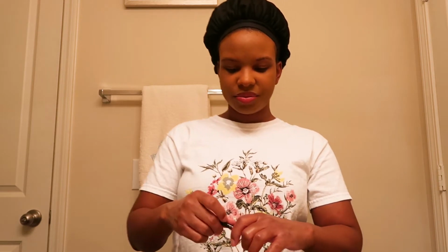So without further ado, I got this eyebrow pencil, and it's in a shade of dark brown. It's kind of hard to tell what shade to get. I know my natural hair, my eyebrows, it's dark brown, but you can ask two different people and their version of dark brown might be something a little bit different. So